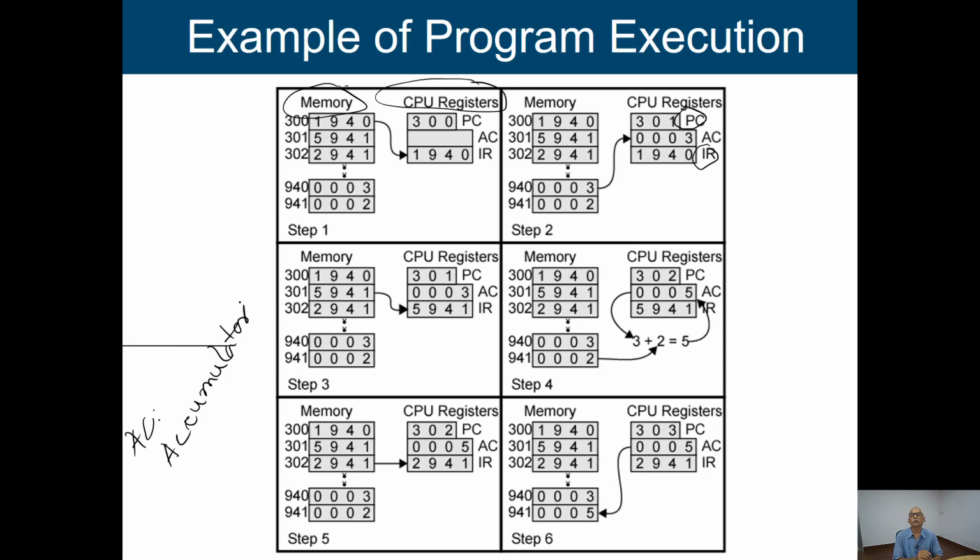So the accumulator is also a register, and in that register we are going to accumulate our results, or it will be used in ALU operations. That's why the name is given as accumulator, but you can just think of it as a register where you can store our information. And apart from that, you can see we have some numbers like 300, 301, 1940, 2941, like that. So whatever information we have in this particular slide, you just think that everything is written in hexadecimal number. So all the numbers we are going to treat as hexadecimal.